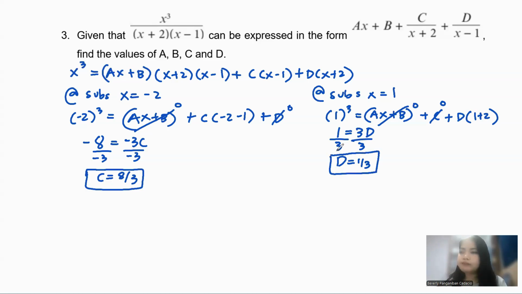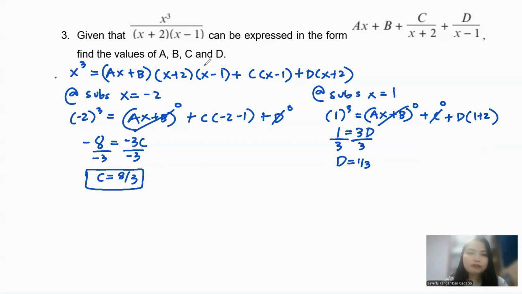And that's it. Okay. Now for a and b, actually you can use another substitution, x is equal to 0, but you're going to use the values of the c and d you got there. And then you're going to have two equations, so it will be simultaneous. So the suggestion here is maybe you can use equating coefficients for the rest of the unknown ones. Okay, let's try. Okay, so for me to get a, I'm going to observe everything there.